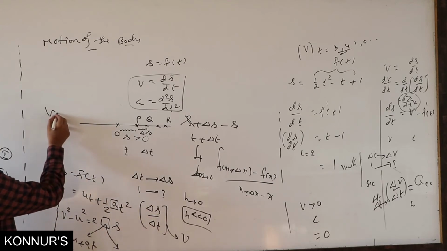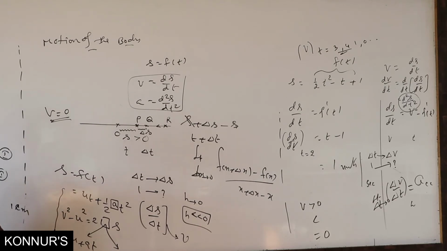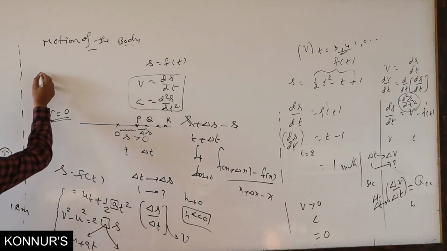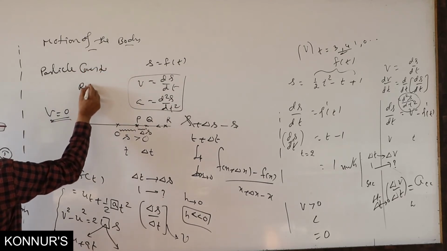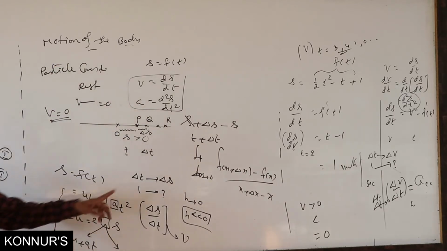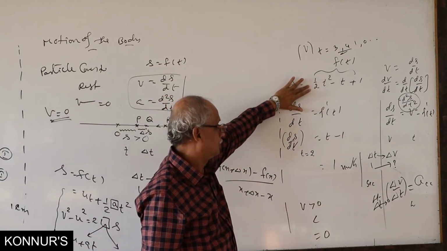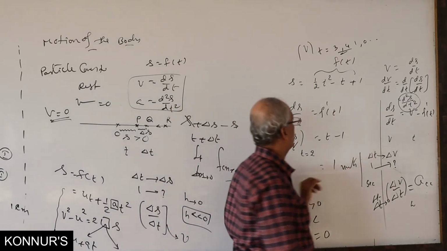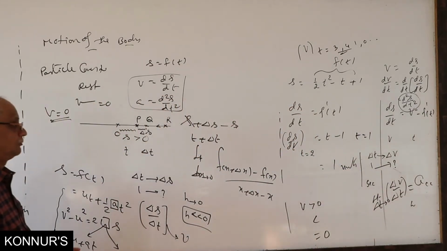Suppose V is 0. Over, no movement, no traveling journey, it is coming to rest. Hence the third property: the particle comes to rest. It comes to rest only when V is equal to 0. Find at what time t the particle comes to rest. Velocity, first derivative, t minus 1 equal to 0. At 1 second it is rested. At 1 second it is coming to rest.